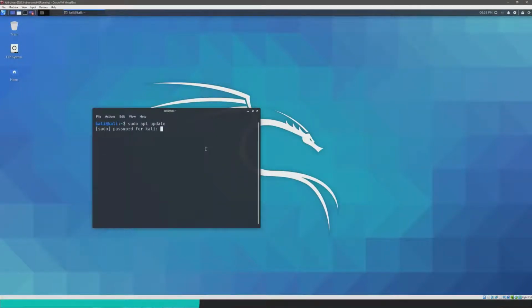And it's going to ask you the password for Kali. And if you guys manage to log in to Kali, you probably already know the password. It will be kali. And you press enter. And so it will just run that command. I will explain what the command is doing later on, but this is just an example. And I'm not going to let that run the whole way. So if there's a command that's just running and you want to kill it, you can hold Control and press C, and that force stops any commands that are running that you don't want to continue. So let me clear that terminal.